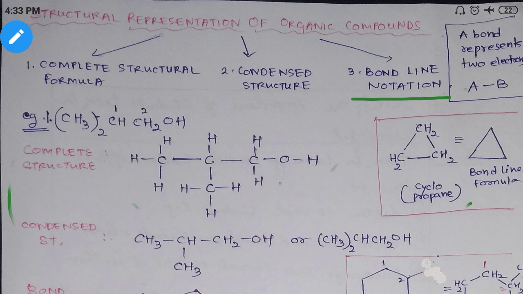If you are getting confused, you can just go on writing whatever I say. The definition never comes, only questions will come: change this formula to bond line notation, change this compound to a condensed formula. That's why I am not giving the definition, it is not at all necessary. But for your convenience, you can write down that in bond line notation, carbon is not shown, hydrogen is not shown. Apart from carbon and hydrogen, if any other atom is there, you have to show that. In condensed formula you show only the atoms, and in complete structural formula you show the atoms and the bonds, everything. So these are the three.